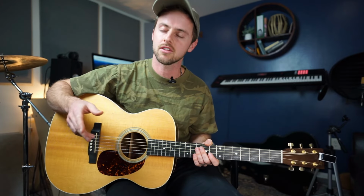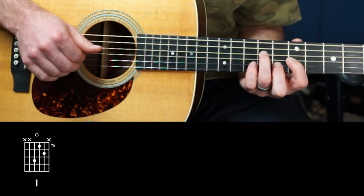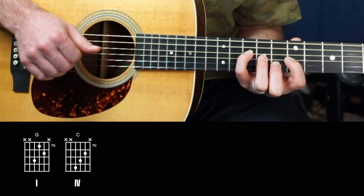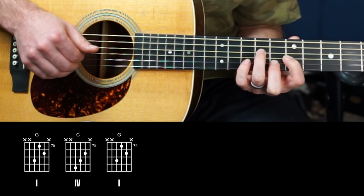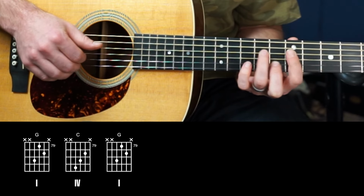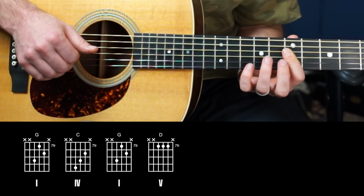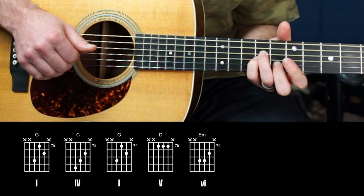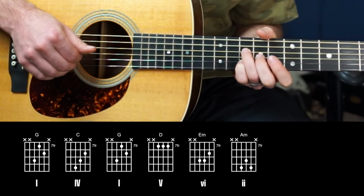Now I'm going to show you a song where you can kind of learn how to play all these quickly and painlessly and easily. So if you're like, this is way crazy, too fast, right? This is going to help you out. Okay, we're going to do 1 chord, then we're going to do 4, and I'll put this in a song in a minute. 1 chord again, and 5. Now we're going to play 6 chord, which will be the E minor, up to the 2 chord, the A minor,